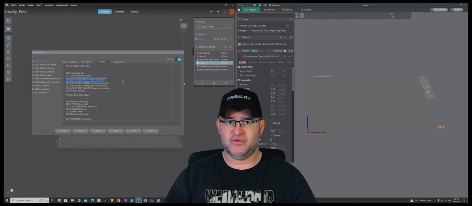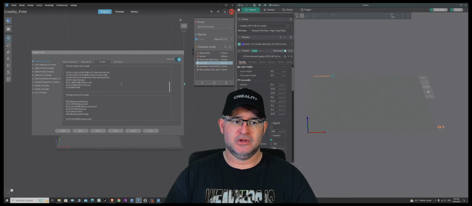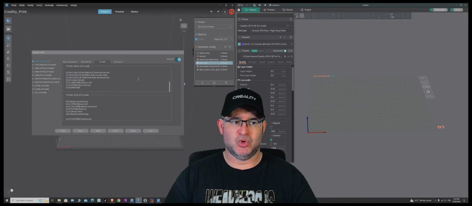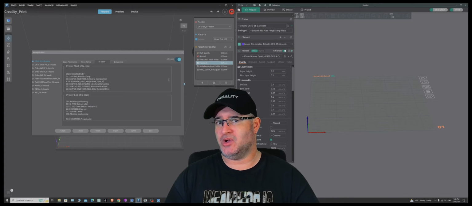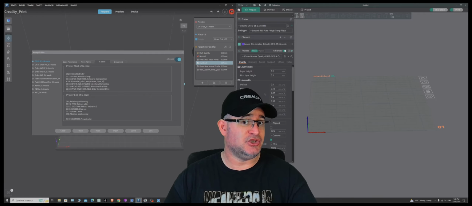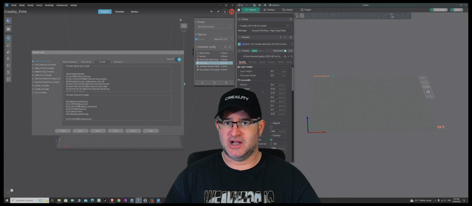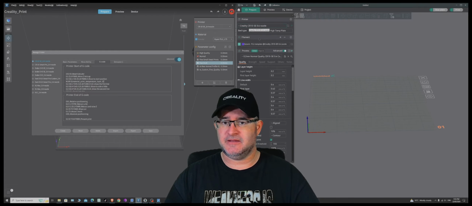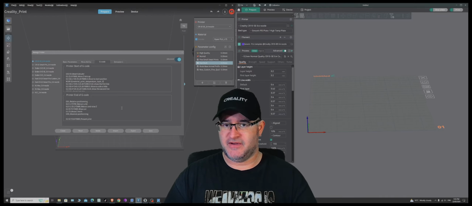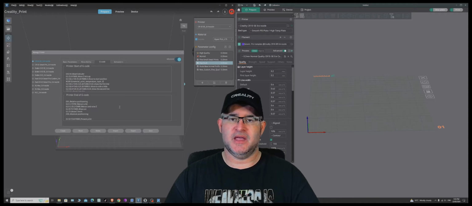Its software is designed so that it will recognize that information and automatically detect not only the nozzle temperature but the bed temperature. Now, why is this important? Well, it's one of the conflicting issues as to why people can't add their own printers if there's not a preset profile in the slicer they would like to use. So, for instance, the Orca Slicer did not have the Creality CR10 SE. So, what you in fact have to do is add the start G-code and the end G-code